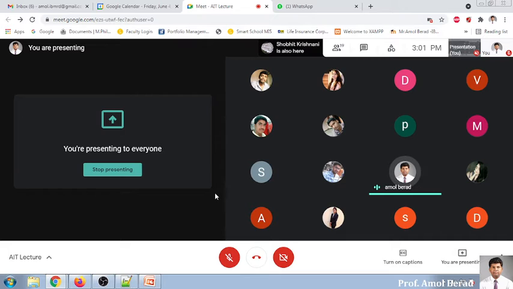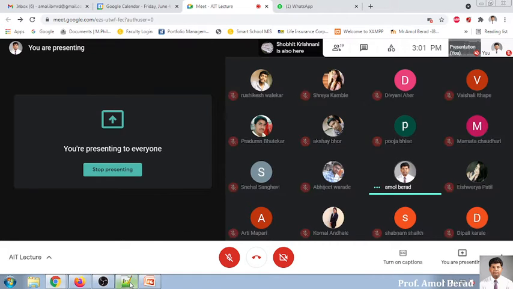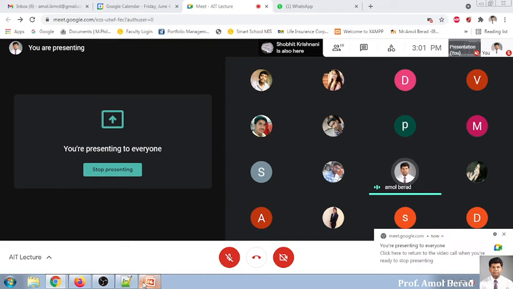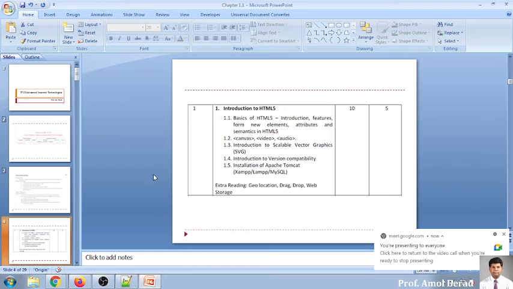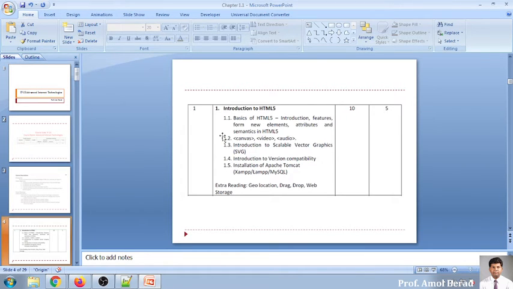Tomorrow is also my lecture, and tomorrow we'll also cover a lot of things about forms. So we'll switch to what is actually in the syllabus, and then we'll immediately move towards the practical session. Okay. Now, you will find that there are very limited things shared in this syllabus. That is basically what is expected.